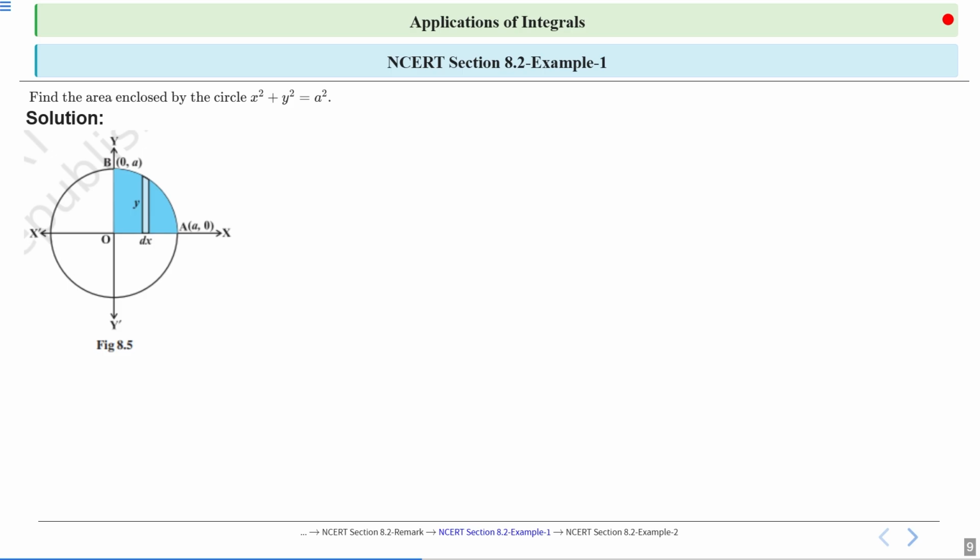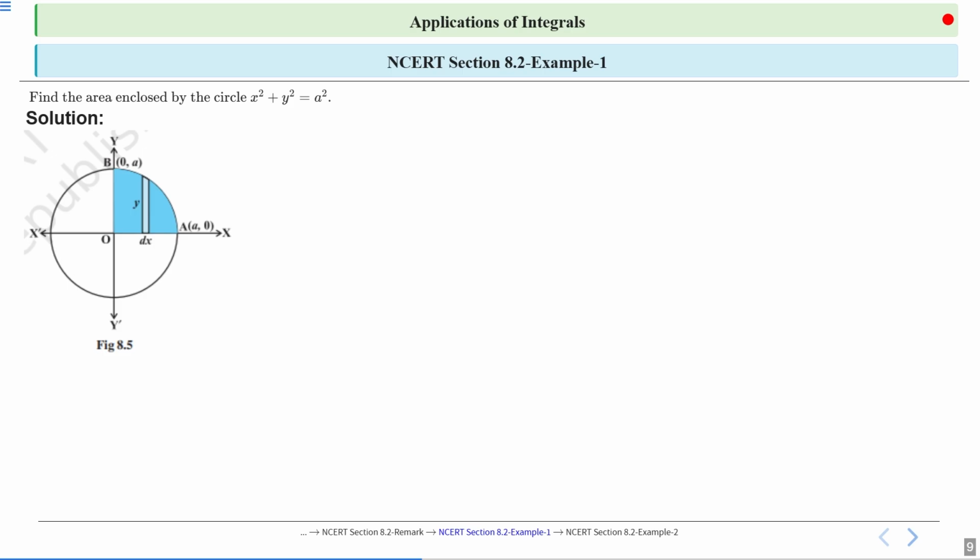The equation x square plus y square equal to a square represents a circle with its center at the origin 0, 0, and a is the radius, as the equation of a circle is (x minus h) whole square plus (y minus k) whole square equal to a square,